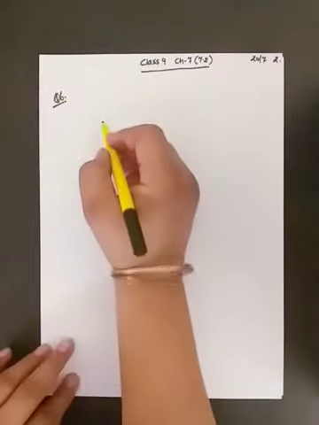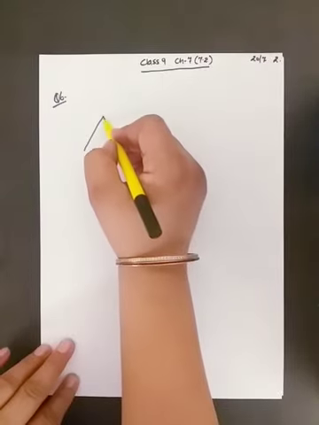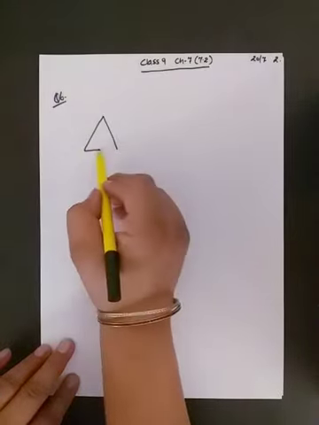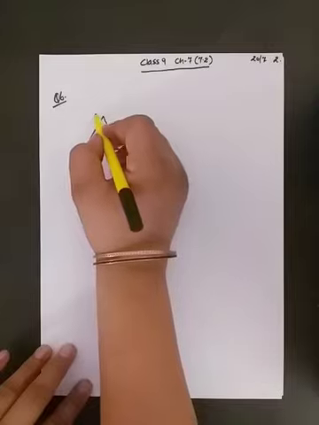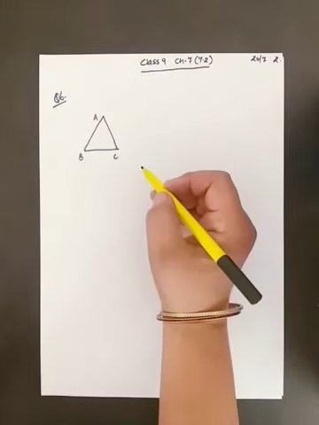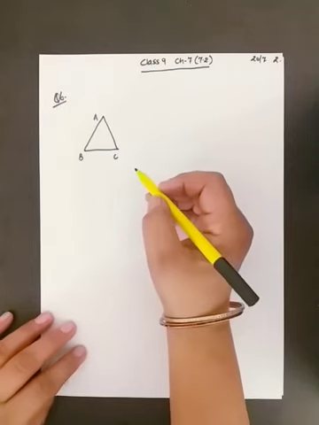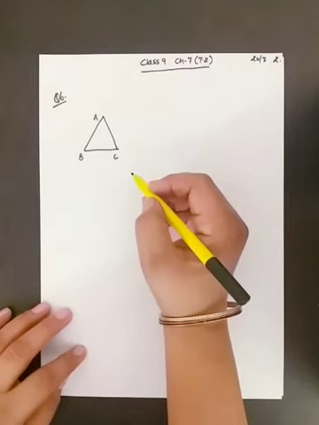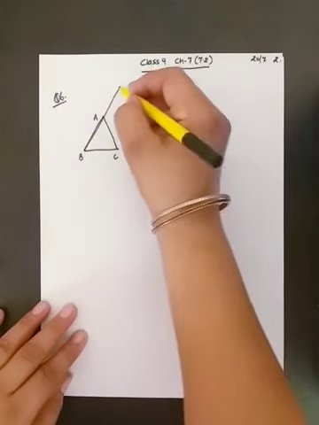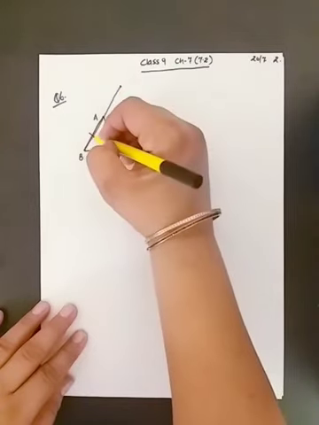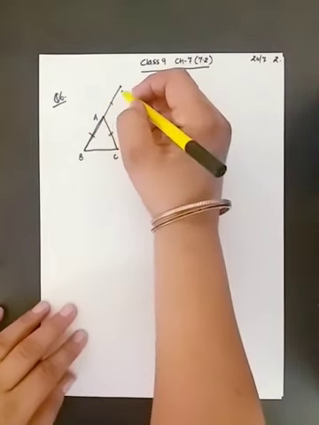Now question number 6. Triangle ABC is an isosceles triangle and figure for this question is given, in which AB is equal to AC. This is an isosceles triangle. This is point B and this is point C. This one is point A. And DA is produced to D such that AD is equal to AB. AD and AB are equal. This side, it means these three sides are equal.